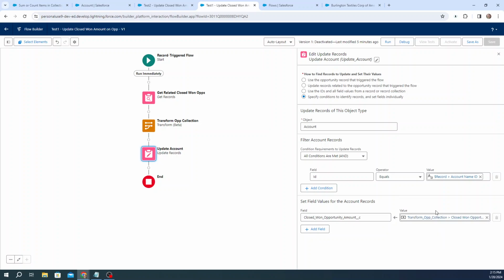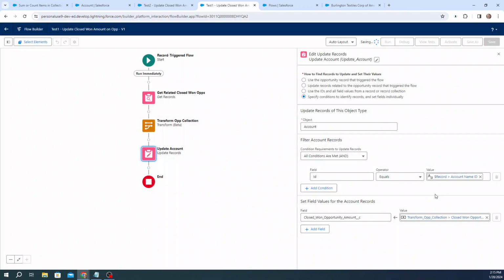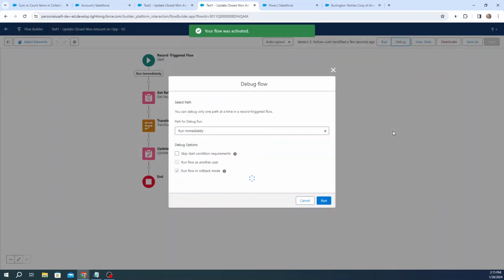Right, that's it. That's all we're doing, because our transform element should be setting this closed won opportunity amount field on that empty account record in our target data in the transform element, right? So you would think that would do it. Now, if I save this, for whatever reason, the flow builder does not like it. So we'll activate. And now if I try and debug this,